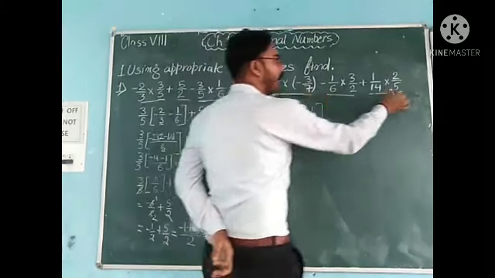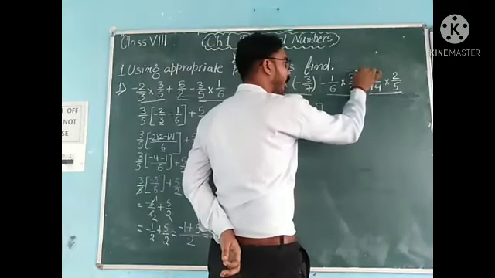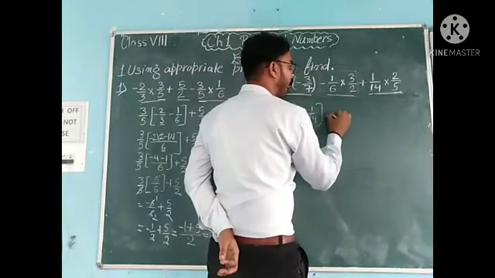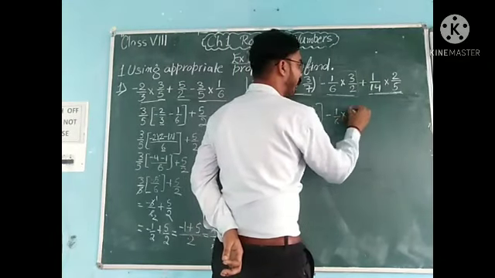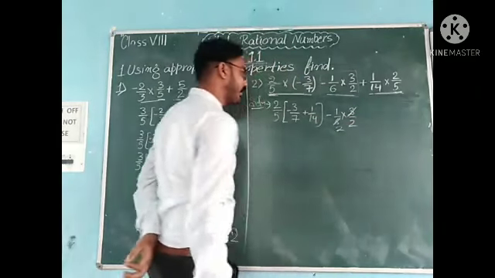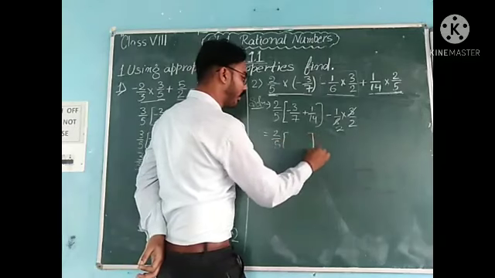बिकॉज़ 2 बाई 5 तो हमने दोनों में से common ले लिया. अब हमने इसको ही बिल्कुल भी solve किया इस part को. So write it as it is. So minus 1 by 6 into 3 by 2. 3 1s are 3, 3 2s are 6. Cancel it. After that 2 over 5 and now solve.